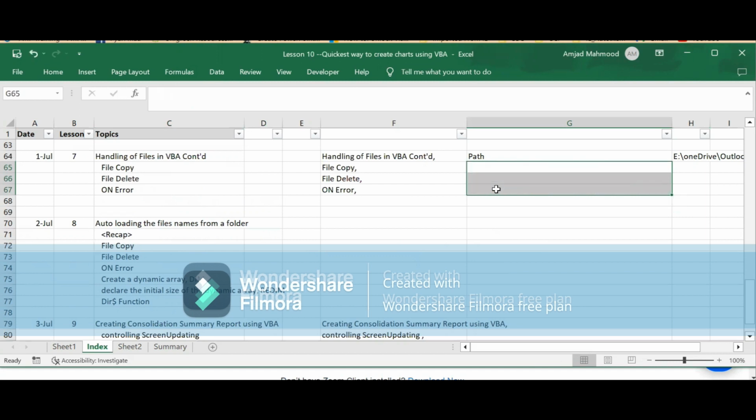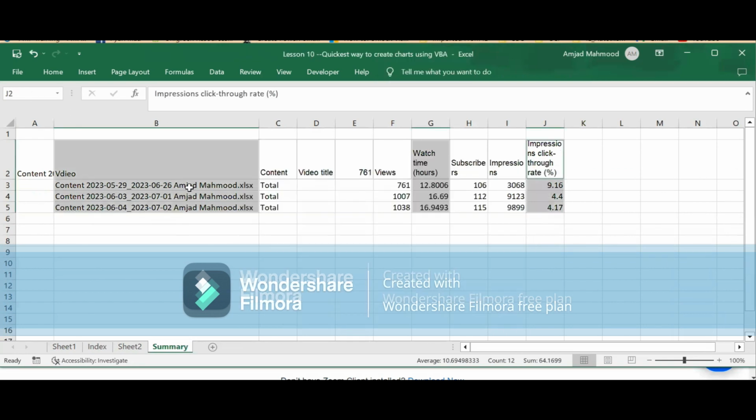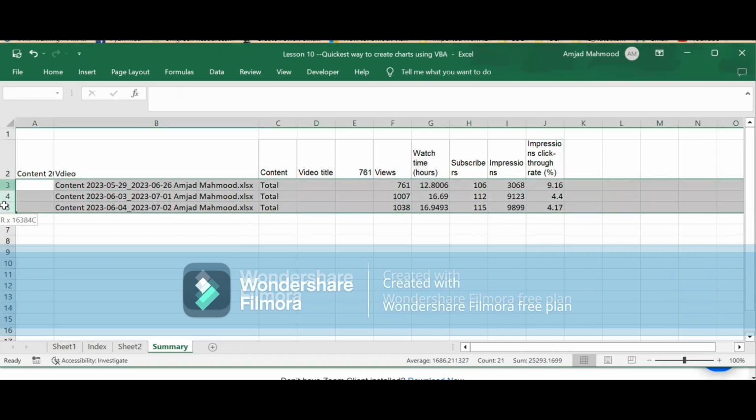Let me delete this. Yes, okay. And then once they are listed, it will start from the very first one by one. Each file will be opened, and its bottom line is stored in the summary sheet, right? So let me delete this for the moment, and let me delete this as well. Okay, so